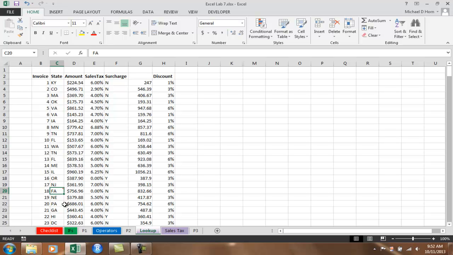So there's a typo there. It should have been FL, but it gave you an answer. So when you do these lookup tables, you want to spend a few minutes looking them over because it's so easy to introduce errors into your workbook. Again, this is why we talk about 50% error rate in spreadsheets. All right. So if you've got categories like this and you don't want to bother alphabetizing them, then what you can do